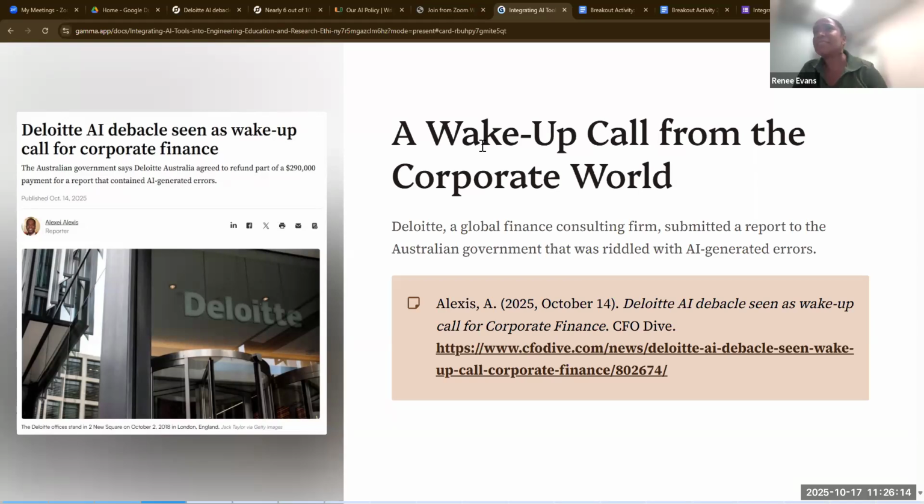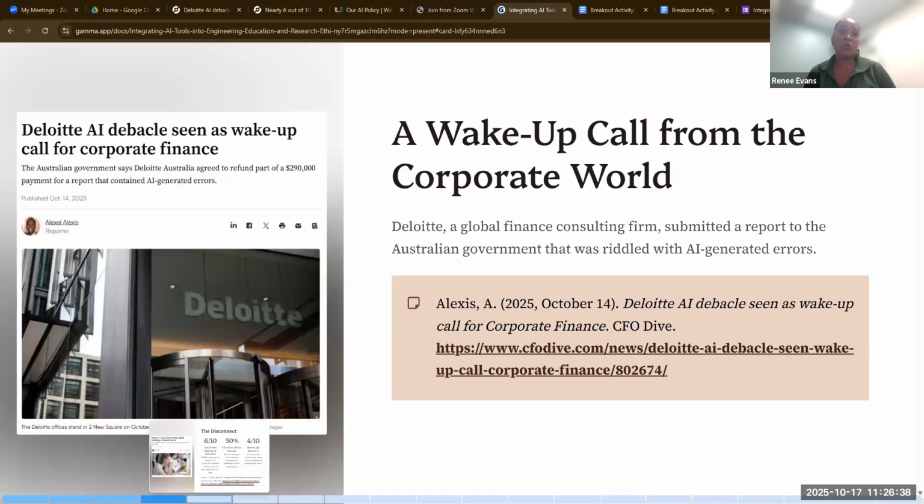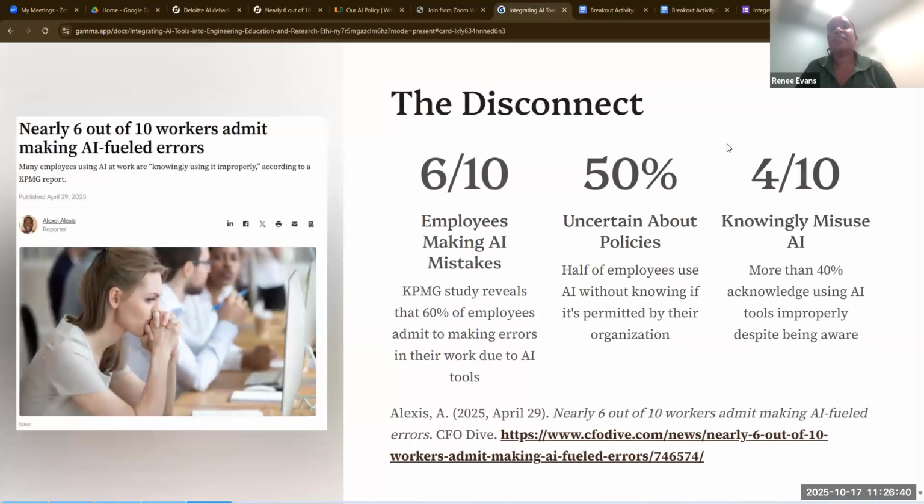They created it, they submitted it, and then it was discovered that that report had a lot of AI generated errors, right? This is a report that the government paid thousands and thousands of dollars to be created, and then they discovered that it was mostly created by AI.